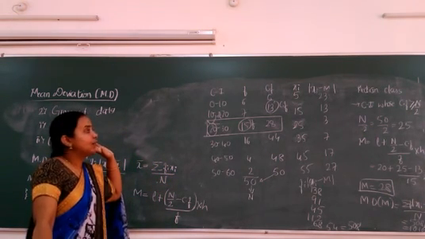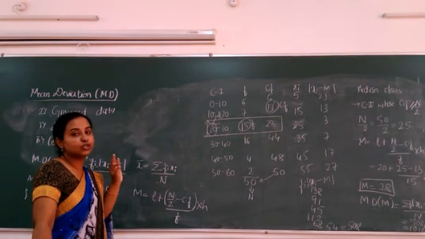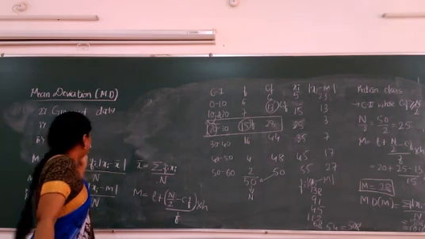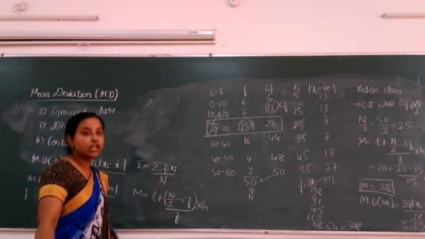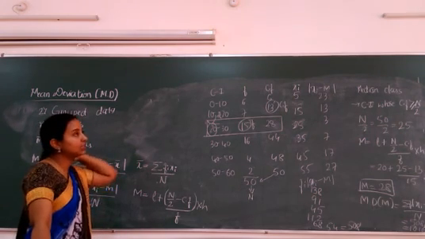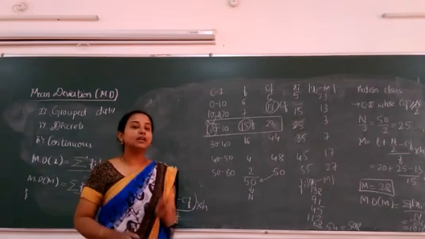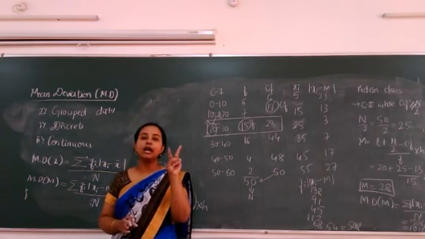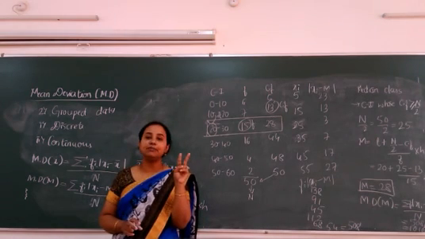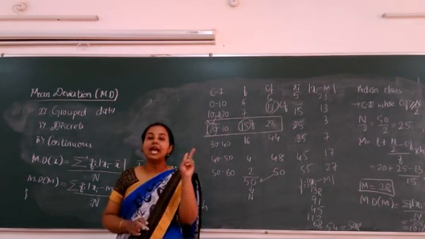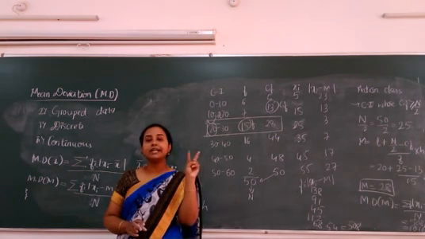Okay, so I hope everyone is clear with the continuous frequency distribution, and how to calculate the mean deviation about mean and mean deviation about median. So let us once recall all the things we have studied till now. We had totally how many types of data? Two, ungrouped and grouped. In ungrouped data, we got to know how to calculate mean deviation about mean and median. And in grouped data, we again have two types, discrete and continuous.